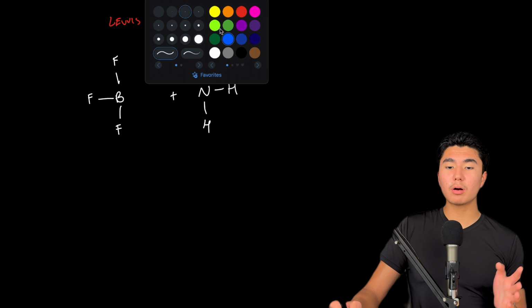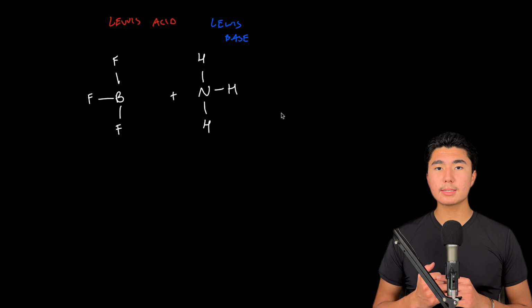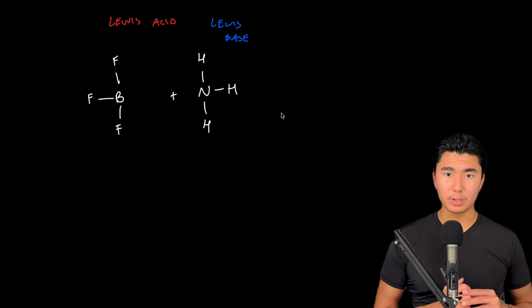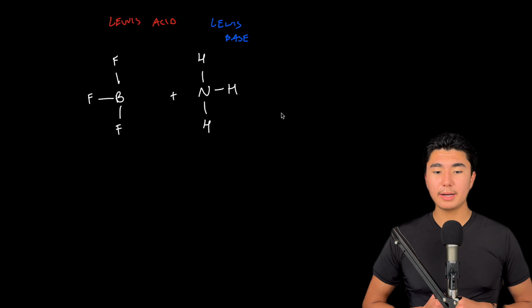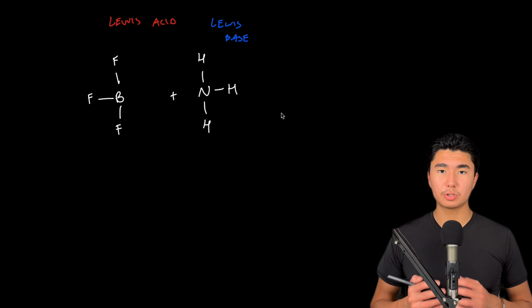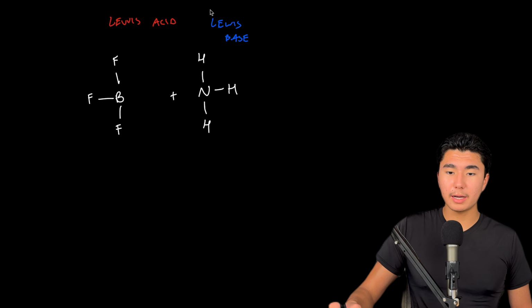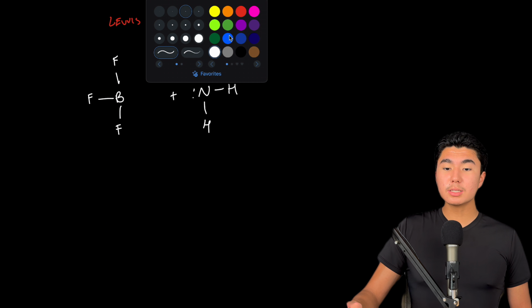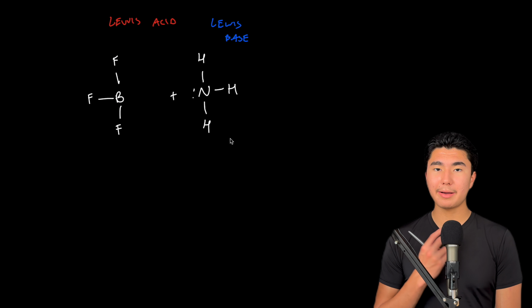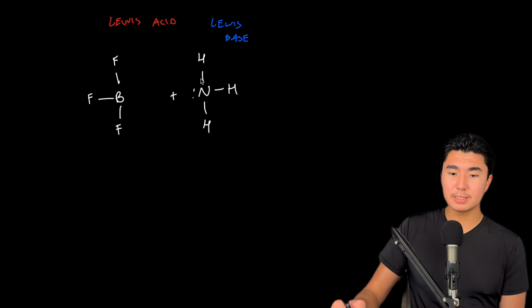So if we remember our definition of Lewis acid to start off with, Lewis acids are going to be those electron acceptors. So it's going to be anything that has maybe a positive charge or maybe no lone pairs, because they're not electron rich. They're electron deficient. While our Lewis base is going to have those lone pairs. I forgot to put these lone pairs on the nitrogen over here, but you can see clearly that nitrogen has those 2 lone pairs. They are electron rich. So this nitrogen over here is going to be our Lewis base,